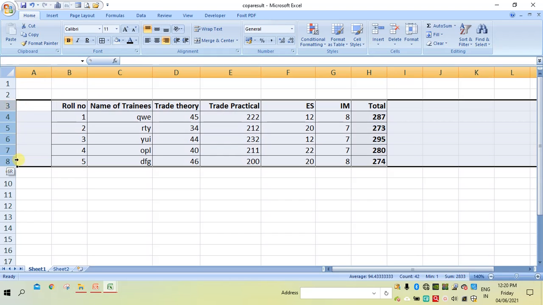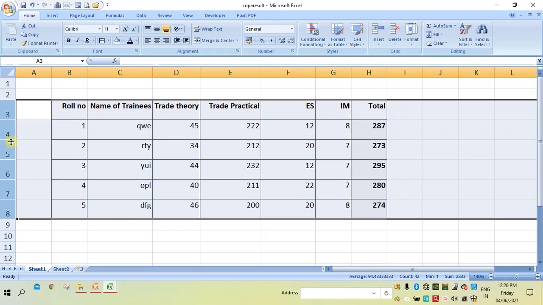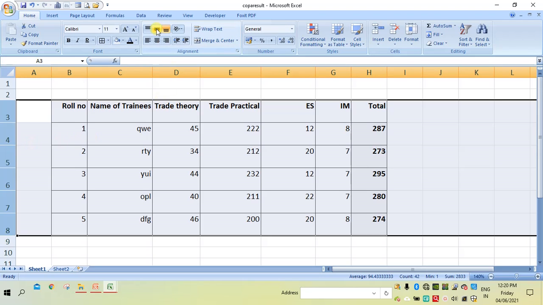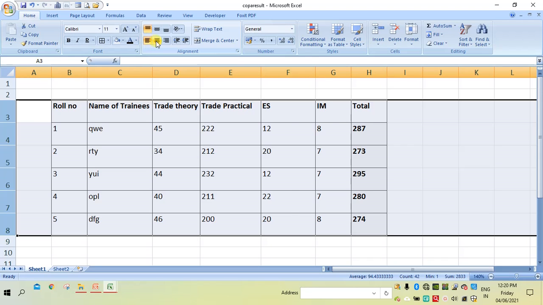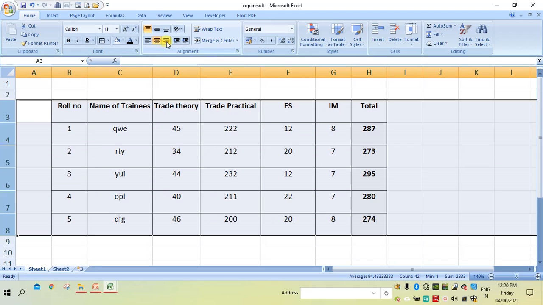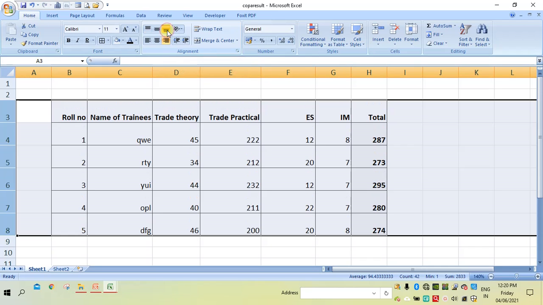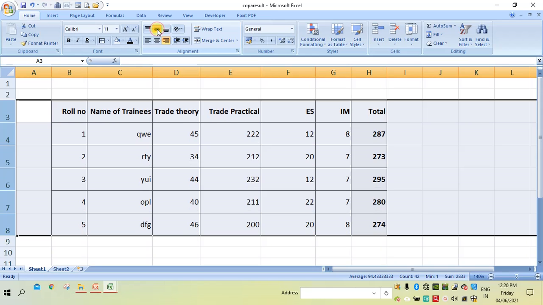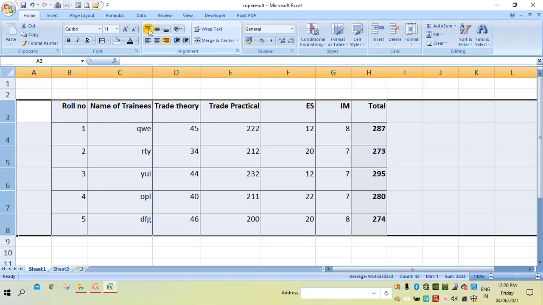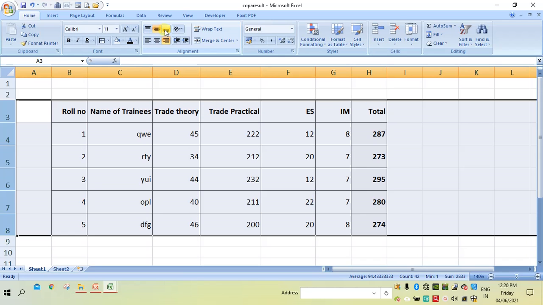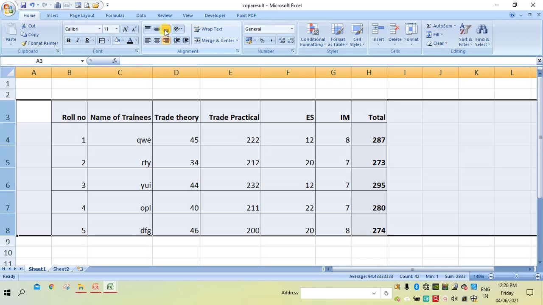I will make the cell height and rows a little bigger, so then you will understand how they are moving. So left, middle of the cell, and right of the cell, whereas this is the middle at the bottom. This is the middle of the cell, this is the top of the cell. This way we can align the content of cells.